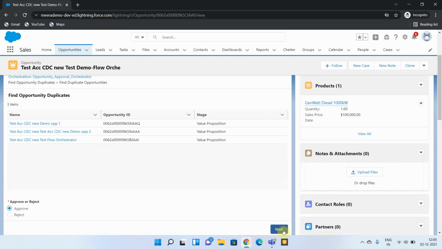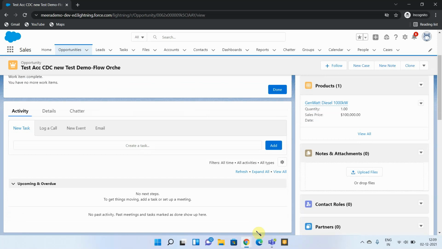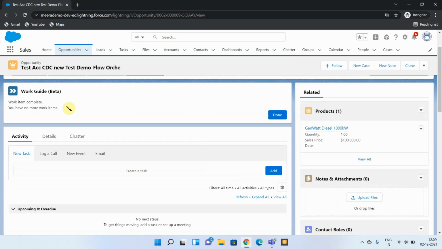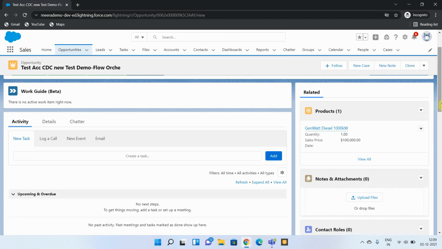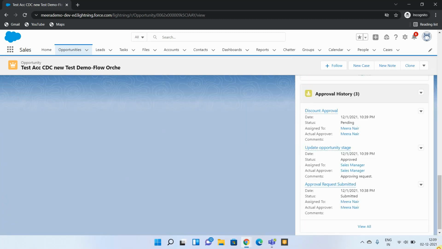So let me approve this. And you can see under the work guide now it is showing complete. And if you go to the opportunity approval history related list, you can see it got approved by the sales manager, and as a next step it is assigned to my own user.